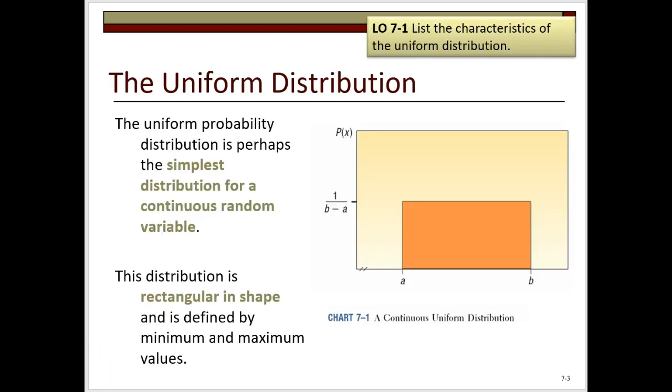The uniform probability distribution may be the simplest distribution for a continuous random variable. It's rectangular in shape and is defined by the minimum and maximum values. The area within this rectangular distribution is equivalent to the probability. Computing this probability uses the formula 1 divided by (b minus a), where b is the larger number and a